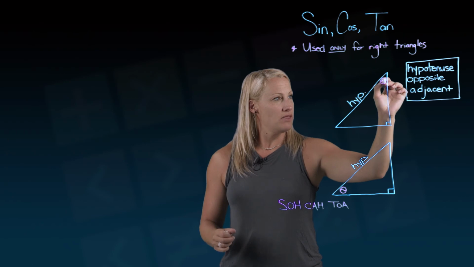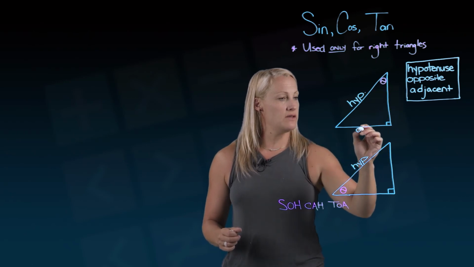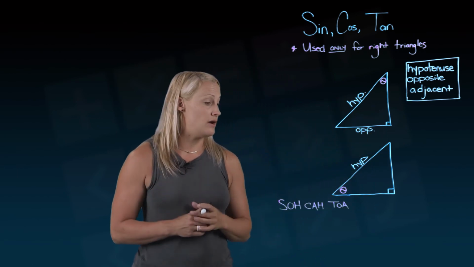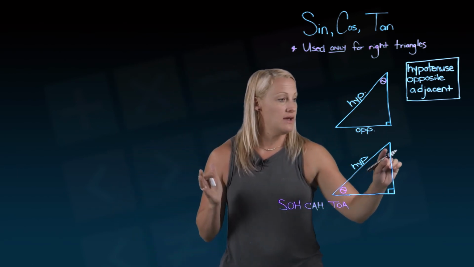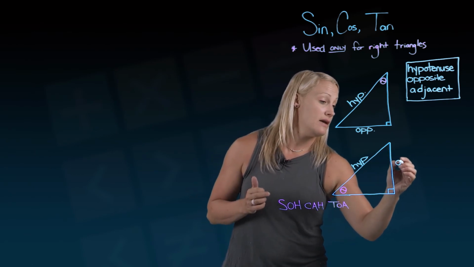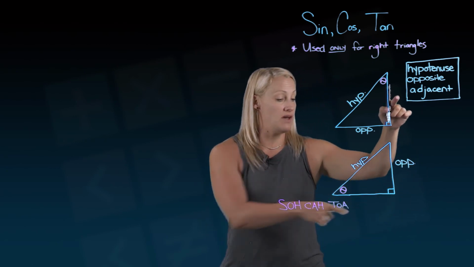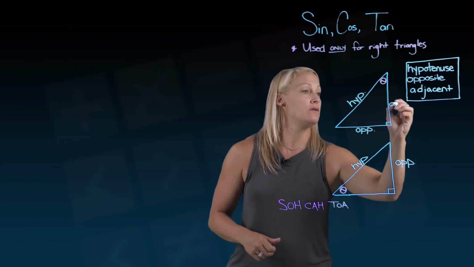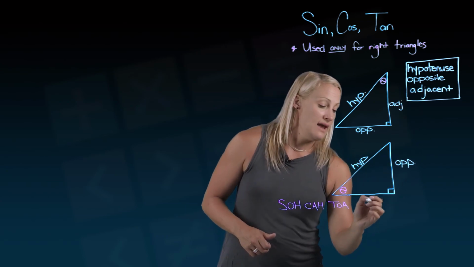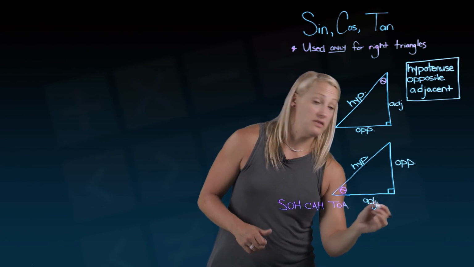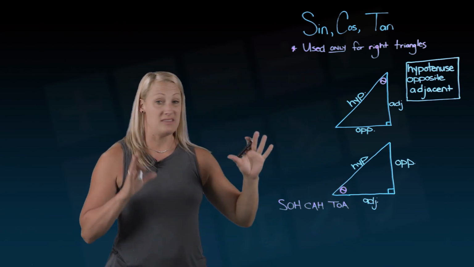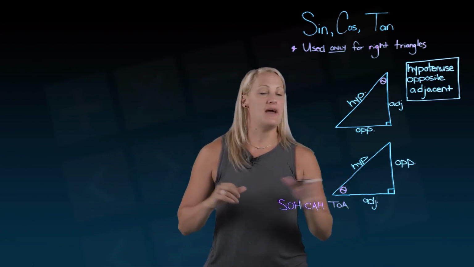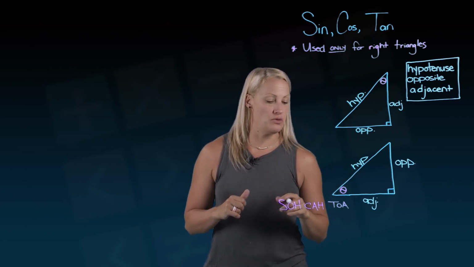So right now I've got my little theta up here, which means this is the opposite side. And the reason I have two triangles drawn here is because this one's a different situation. Instead of my theta being up here, it's down here, which means now this side is my opposite side. And the leftover side on both of these is the adjacent side. So let me just write that there. And labeling these properly is the first step in doing these questions. That's where we've got to start always. So we've done that. So now let's talk about our trig ratios.